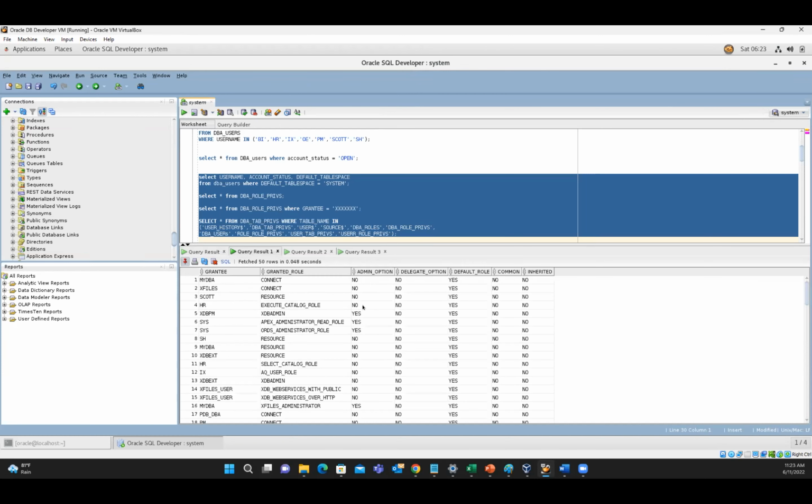The second script now tells you the matrix that for all these people in this organization, there's a yes or no. Can the DBA give access, yes or no? Can he delegate, yes or no? By default, does he even have access, yes or no? Then these two are inherited common things you don't need to know. So this matrix needs to be spooled out for you to critically look at your privileged access users,